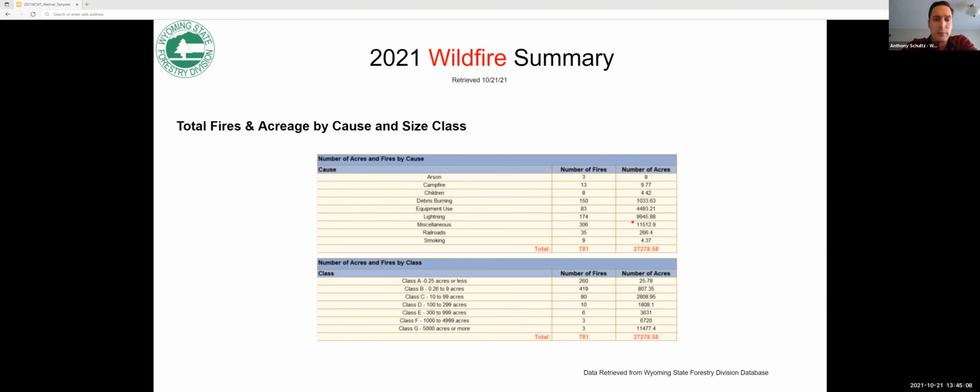going for 99,045 acres. As far as fire class, we classify fires by class A through G, and that is dependent on their size. Operationally, we don't really talk this way. This is just a way for us to aggregate data and trends among what cause is potentially either larger fires or how many larger fires we did experience. So it was class F, class G fires. So as one would expect, most of the fires were roughly a quarter acre to 10 acres. That holds true across really any kind of data time you'd be looking at temporally. Most of your fires are under 10 acres, between a quarter and 10 acres,